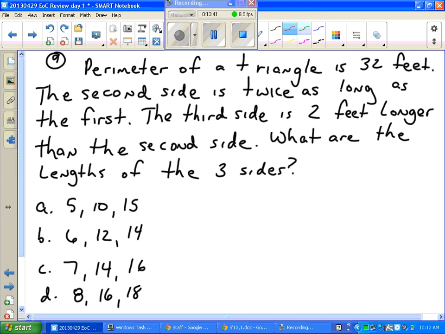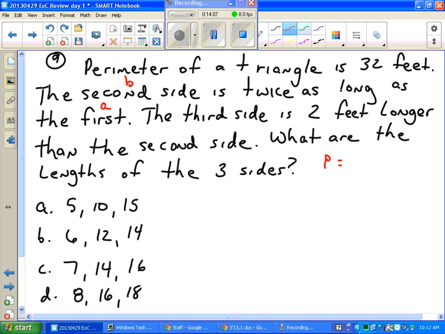Number 9 says the perimeter of a triangle is 32 feet. The second side is twice as long as the first. The third side is 2 feet longer than the second. What are the lengths of the 3 sides? Perimeter equals, what I'm going to do is instead of the second side, we're going to call that side B. Instead of the first side, we'll call that side A. And instead of the third side,